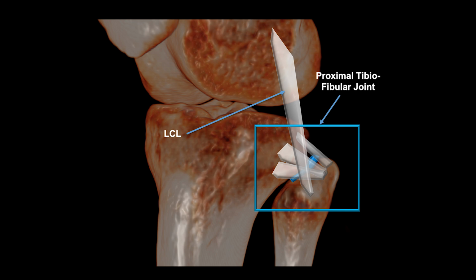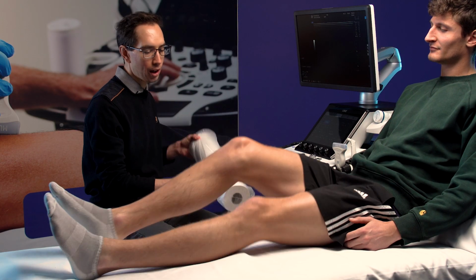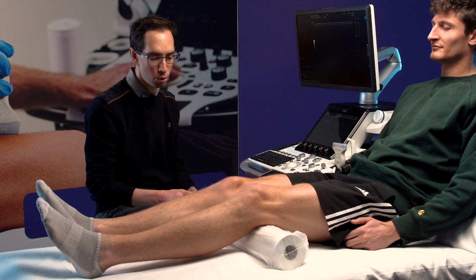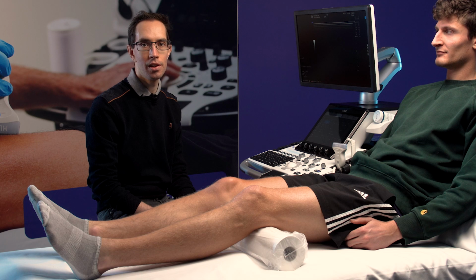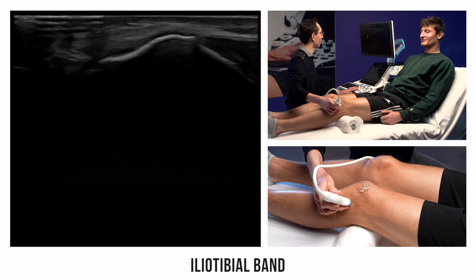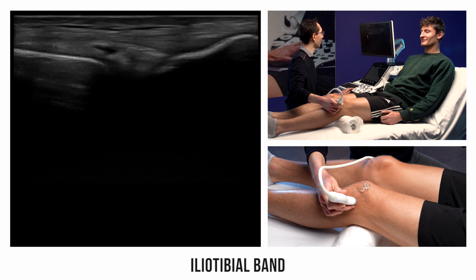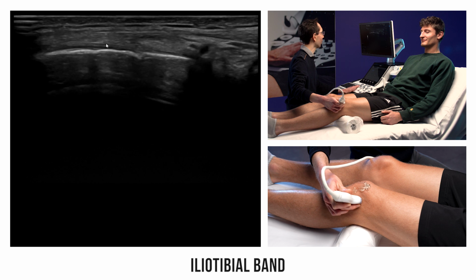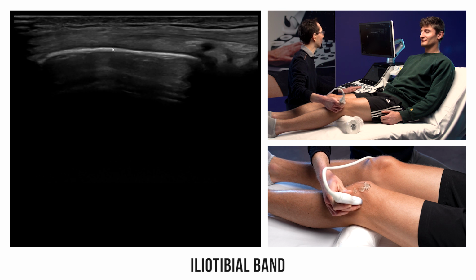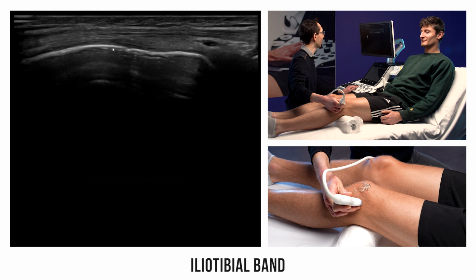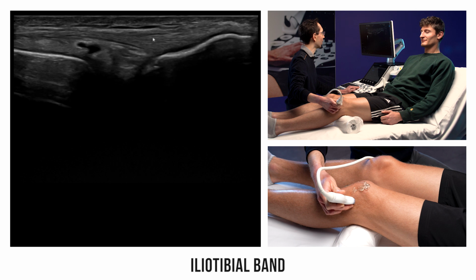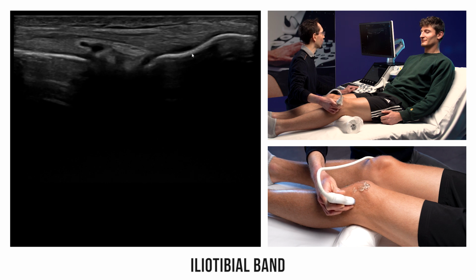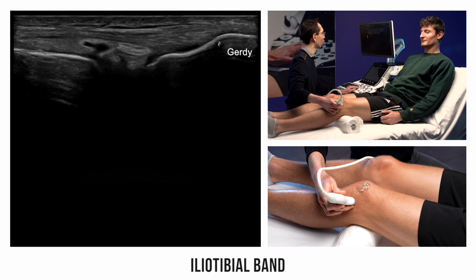Again, the exam will be done with the knee slightly flexed, about 15 to 20 degrees, to unlock the knee and make it easier to analyze the various tendon and ligament structures. The iliotibial band will be explored on a coronal view, parallel to its long axis, by focusing mainly on where it contacts the lateral femoral epicondyle, where impingement can happen between the two structures. By sliding the probe down, we can also analyze its distal insertion on Gerdy's tubercle,